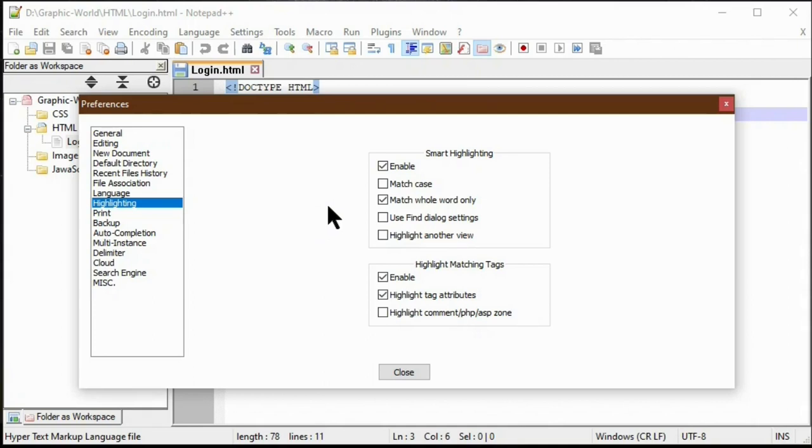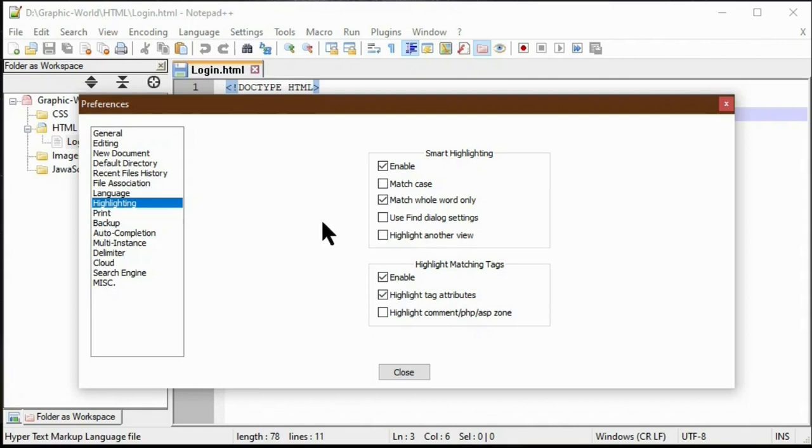It will match whole word only. Suppose the word is WORD, then it will match only the whole word. Suppose words, then it will not match. If you check match whole word only, then it will check for the exactly matching word only, and any additional letters along with those particular characters it will not show. In the same way, we can also check match case. Then it will check whatever word we selected, the exact word with the same case, lower or upper case, and only then will it show in the highlighting.